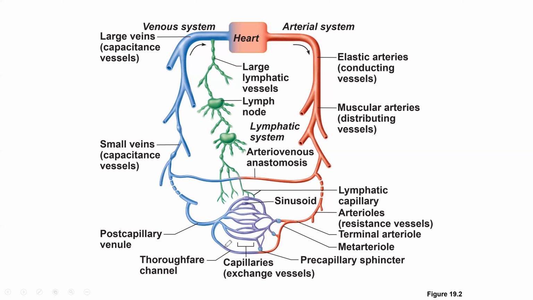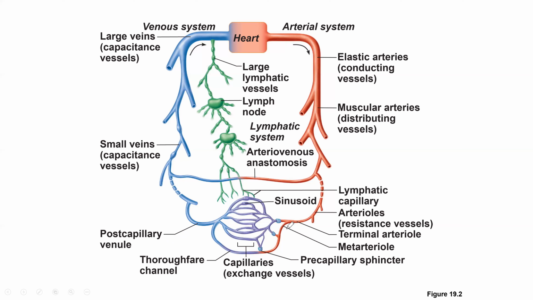Then the blood is picked up by veins, and we're gonna start with the venules first. So those are small vessels, then small veins, and then large veins. Right, and now